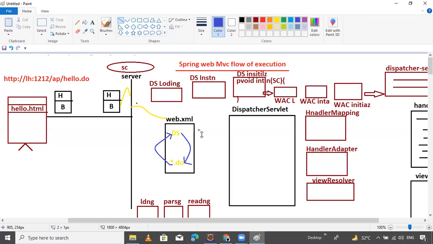Then the dispatcher servlet, based on the URL mapping, performs some operations. This is the responsibility of the dispatcher servlet.